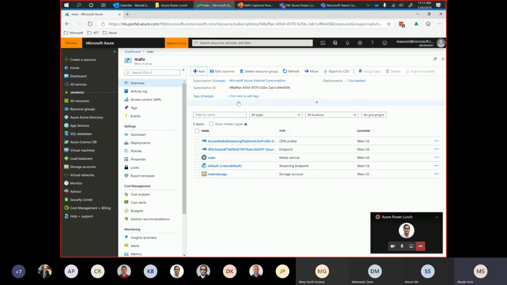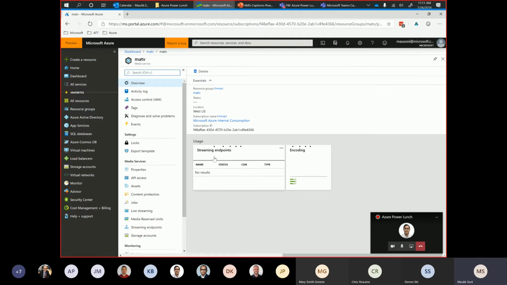So I'll go back to my subscription. Once the media service account is created, you will see 3 different items. One is the storage account, the streaming endpoint, and the media services. Once you publish the media, you will see the CDN endpoints. So we'll go to the media services account,